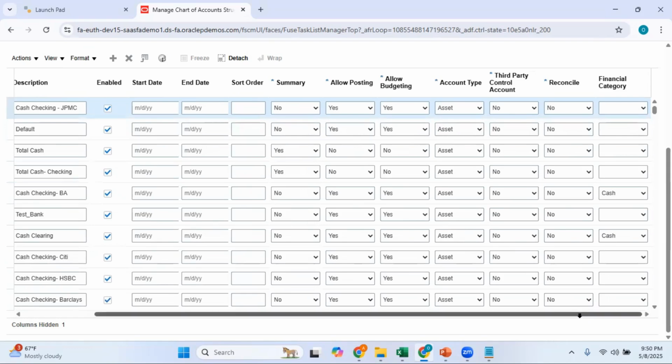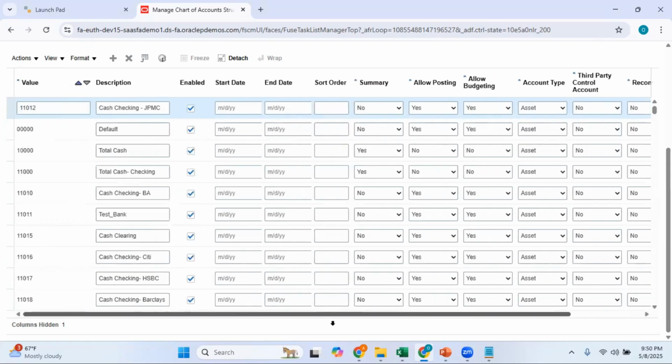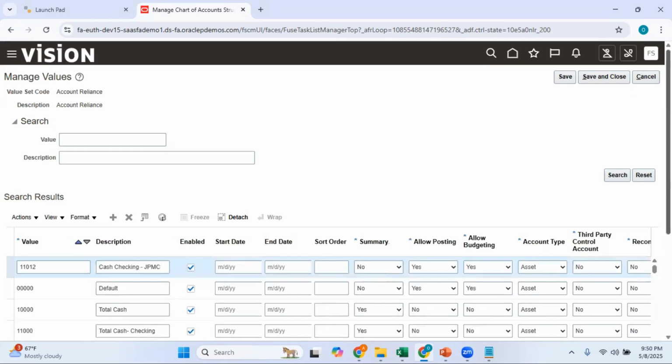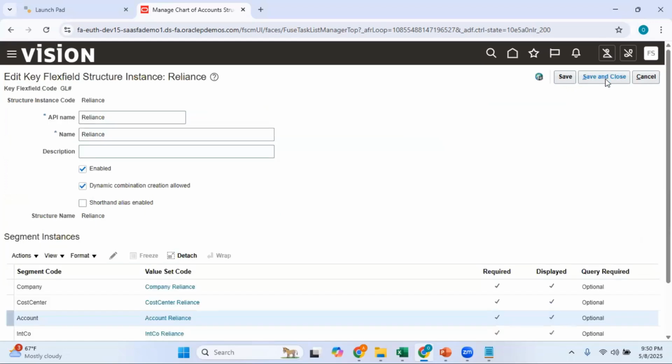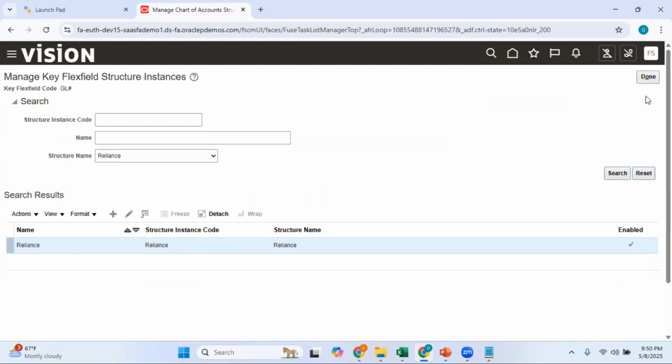If we want, we can just assign the financial category of cash, or otherwise I can leave it blank. So save and close. This is the first step of adding a segment value. Now the next thing would be I need to add this particular segment child value to parent. Again, it's not mandatory. It all depends on your parent-child hierarchy. And if you have a requirement to add the new segment values under a parent, then you need to follow